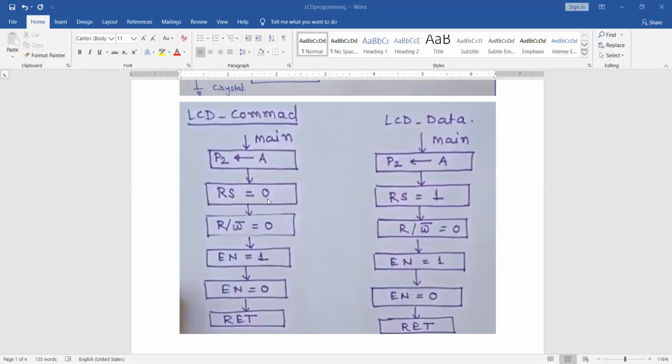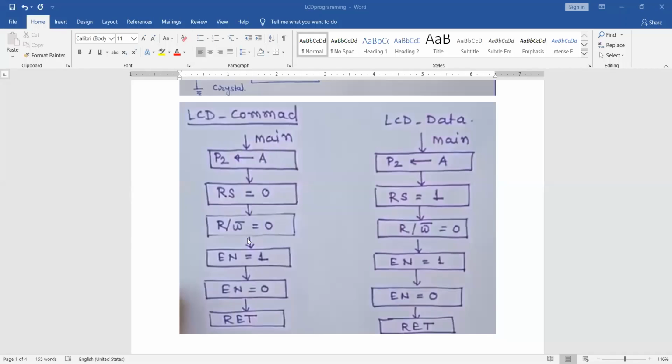Why RS equal to 0? To select the command register I have to set RS equal to 0, low. Then next is R by W bar.